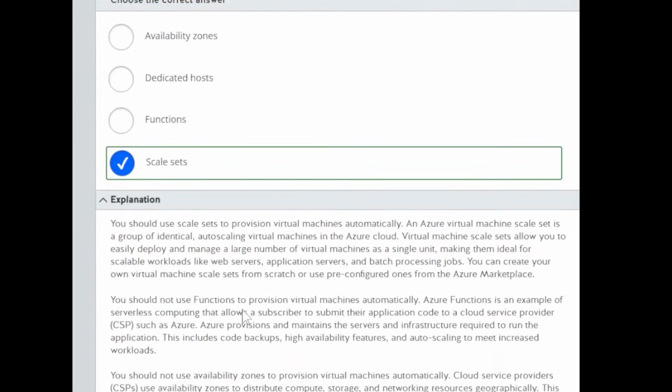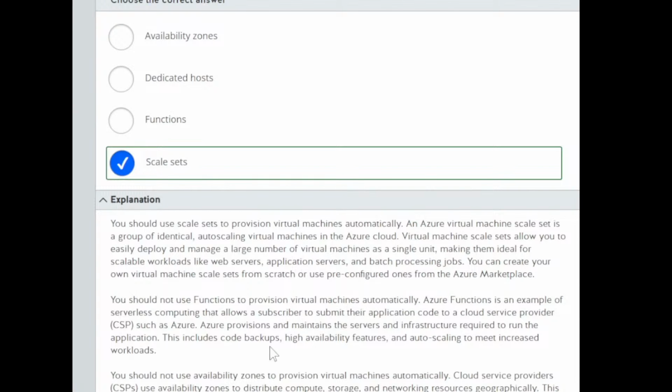You should not use functions to provision virtual machines automatically. Azure Functions is an example of serverless computing that allows a subscriber to submit their application code to a cloud service provider, CSP, such as Azure. Azure provisions and maintains the servers and infrastructure required to run the application.